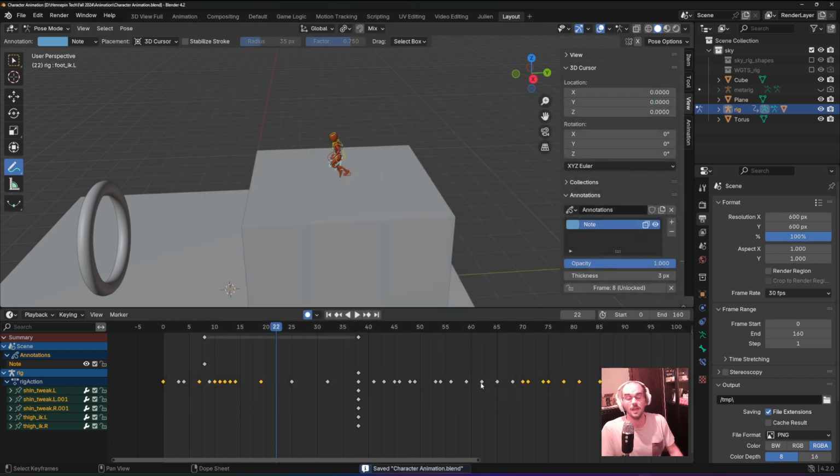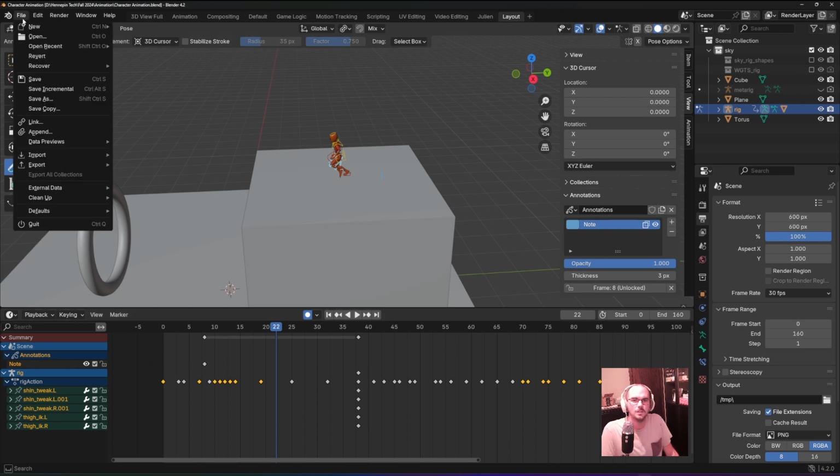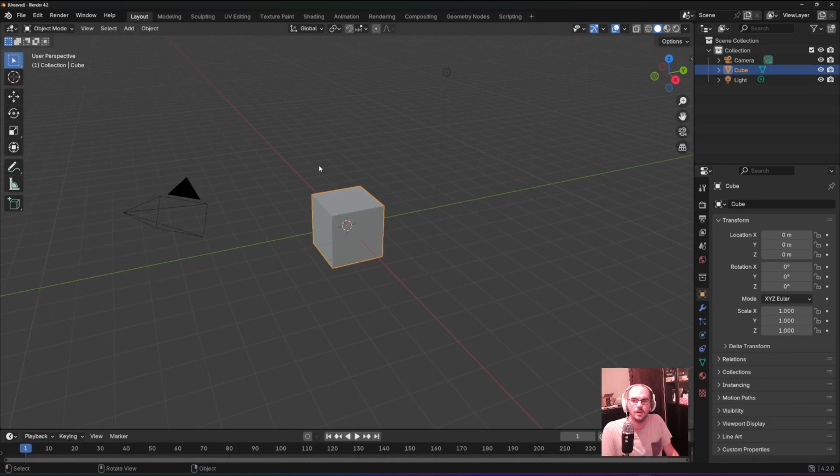Save as. And also, maybe I'll do another final reminder on rendering, and I'll talk about rendering an image sequence as well, because I believe I didn't quite cover it for your first assignment. So I'll also talk about image sequence here. So let me just do a new file real quick. New general file like this,